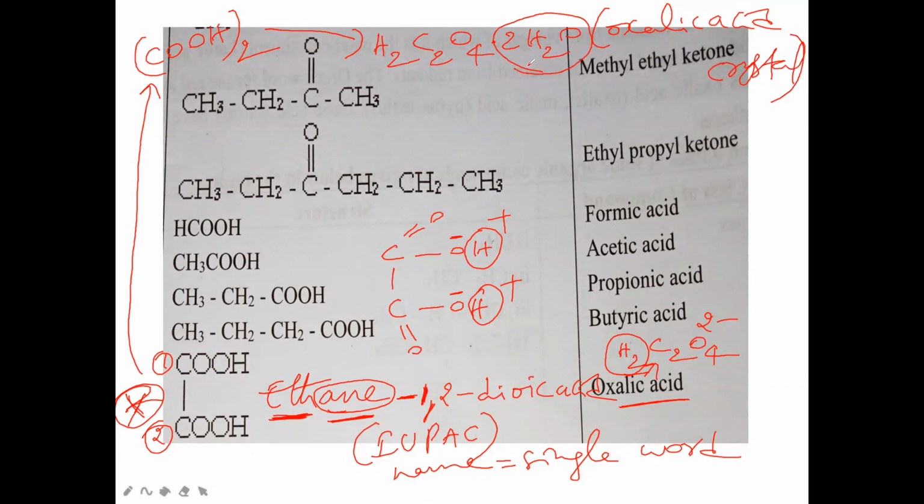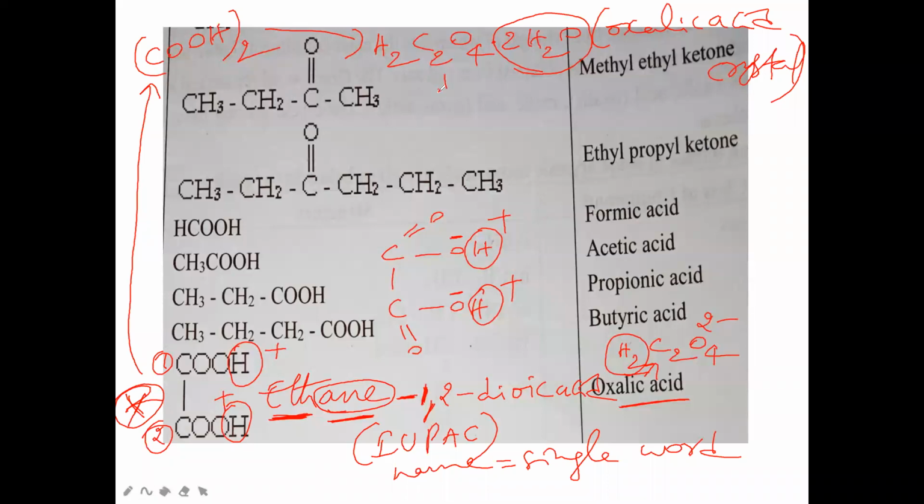The 2H2O molecules are called water of crystallization. Water of crystallization is what now? 2 here. So oxalic acid has water of crystallization 2. And how many H plus ions can it produce? One molecule, 2 H plus ions. So what is the basicity of this acid? Basicity or N factor of this acid is 2. What is oxalic acid basicity? 2. N factor is 2 here.